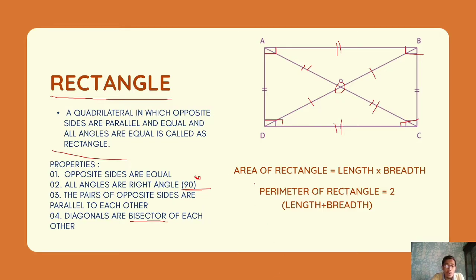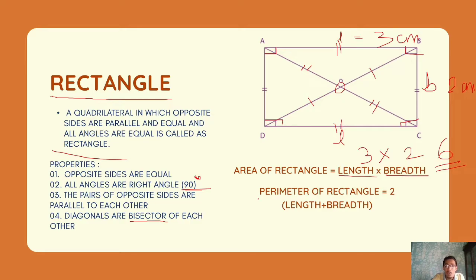Now how to find the area of a rectangle? It is simple. The formula is length into breadth. So we consider DC and AB as lengths and BC and AD as breadth. Suppose length is 3 centimeter and breadth is 2 centimeter. So what will be the area of this particular quadrilateral? This will be 3 into 2, that becomes 6. So the area will be 6 centimeter square.